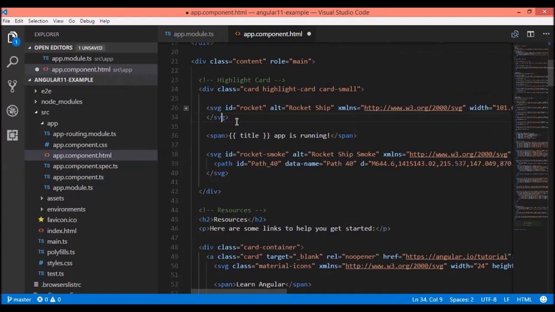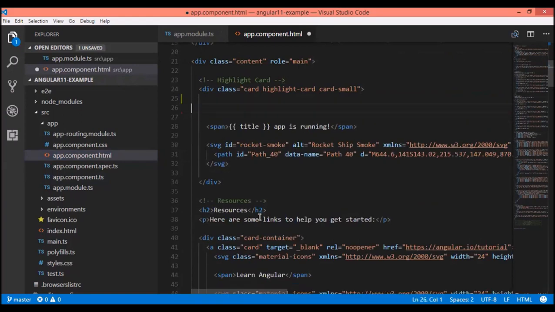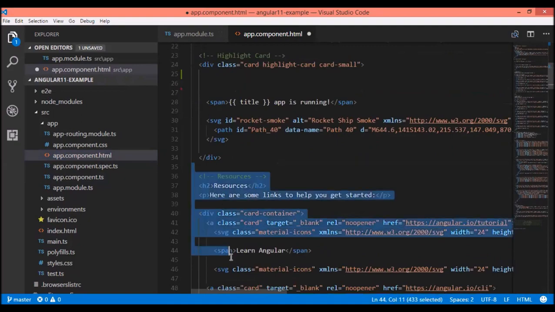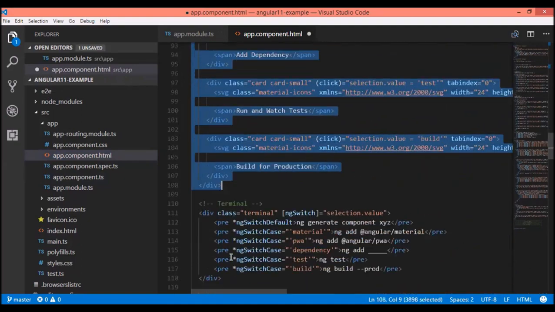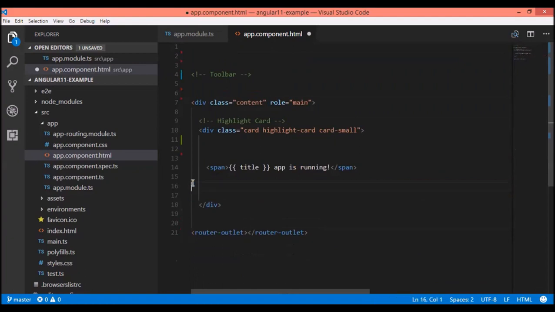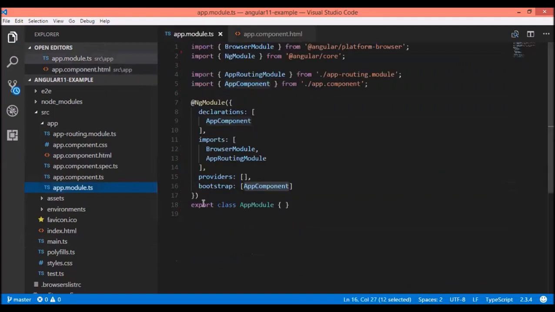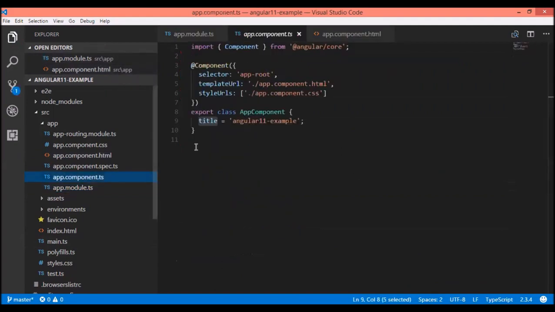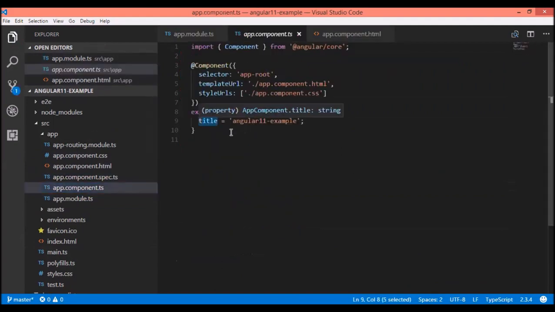So whatever is the value of this title variable, it would be displayed on my page. I'll just remove the extra part, I'll just remove all the code. This title here, we have defined this title. So whatever change I make over here, it would be reflected over